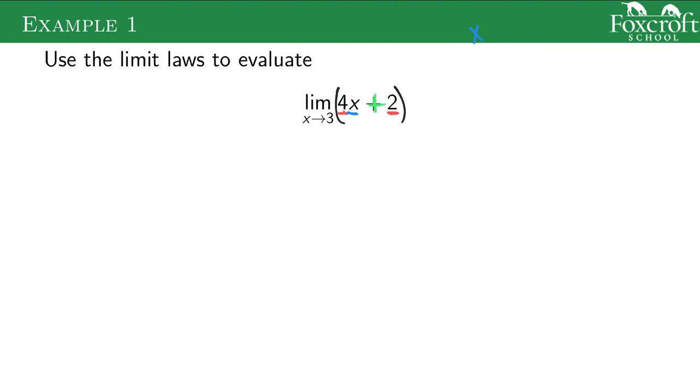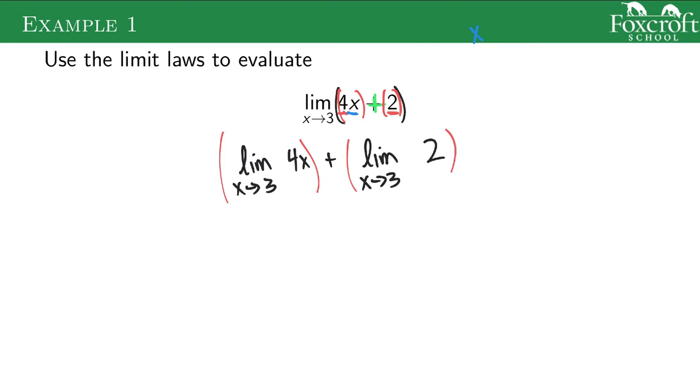I have a plus sign here, so I can break this up into 2 different limits. That's exactly what the sum and difference said. If I was adding 2 things in the limit, I break it up into 2 different limits with those pieces. This right-hand side is already where we want to go, because we have a limit of just some constant number. That is something that we learned in that second video. Here we still have a little bit more. That's not just a single x, but this is actually the example I used in that video,